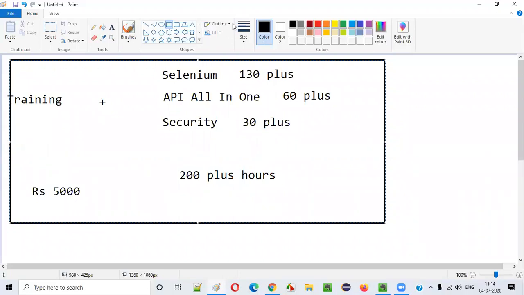They should feel that I am paying a worthful amount, and I'm getting more out of the less amount I am paying. They should get that kind of feeling. So how many guys think that this offer is very good? Type S, guys. I will feel very happy if you type S.